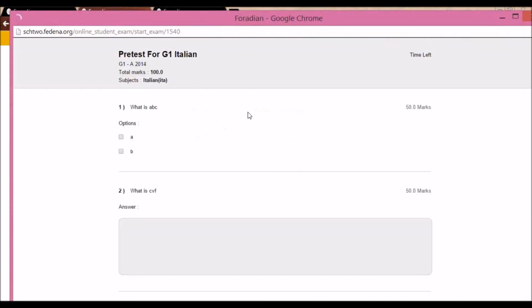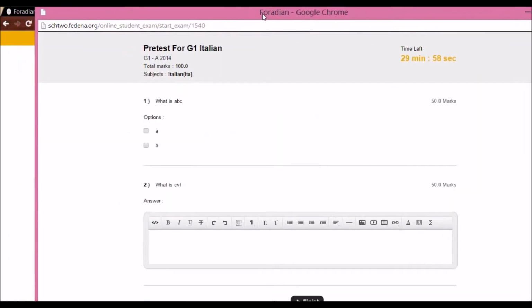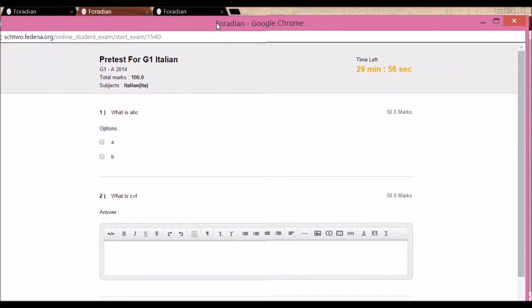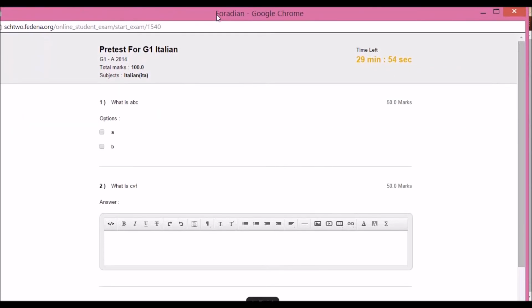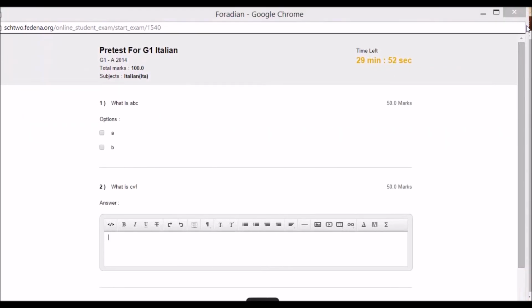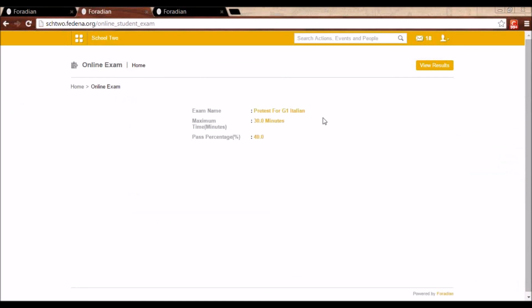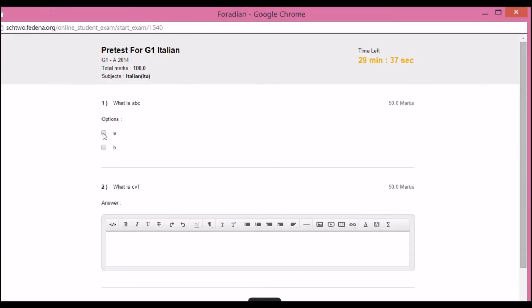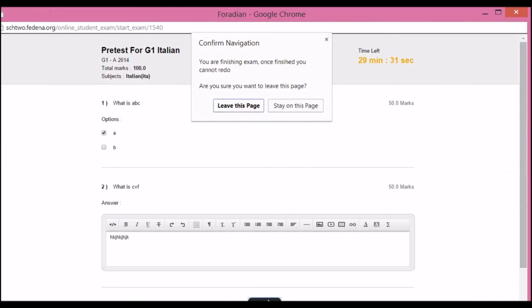She can start the exam, and this is the window that is going to appear. Okay, so I can mark some answers here, and I can write the descriptive answer as well. And when I click on finish,